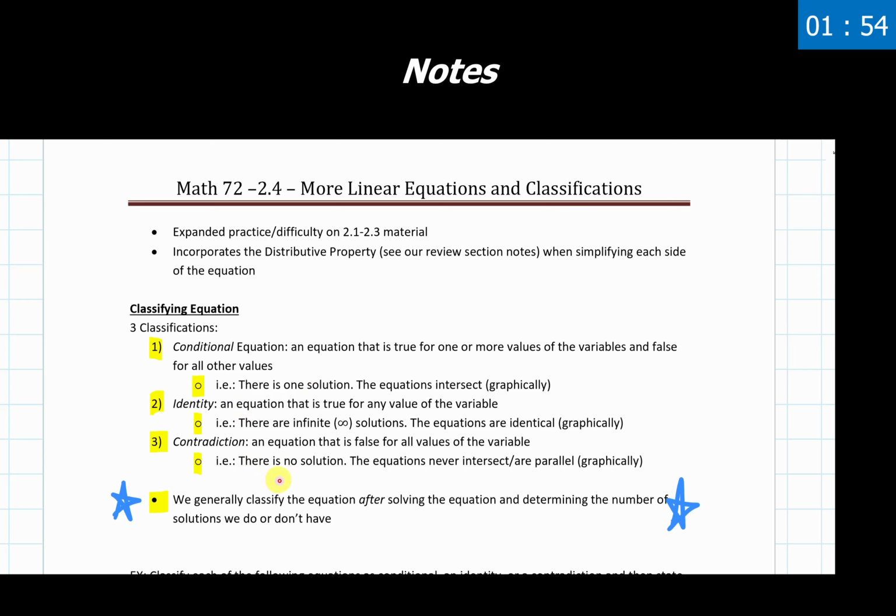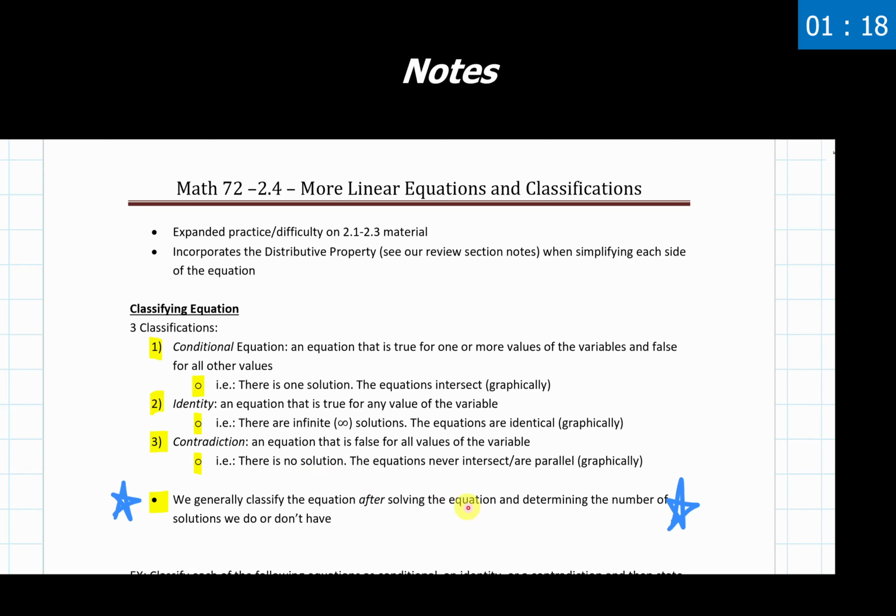So to say there is 0 solution can be misinterpreted by some instructors and by some online programs or software that you're using to say, hey, your answer is the number 0. We're not stating that. We're stating there are absolutely no solutions. This can sometimes also be written as DNE, does not exist, but that will vary based on the program or the instructor that you're working with. But make it clear, no solutions or does not exist, not 0 solutions.